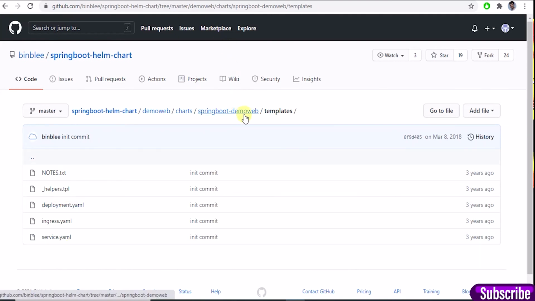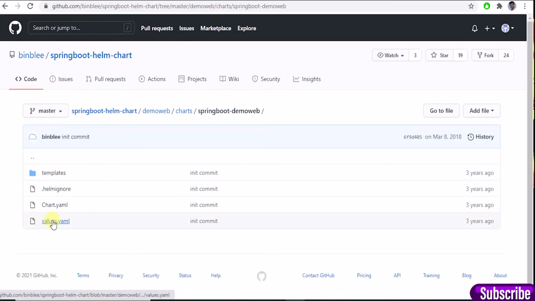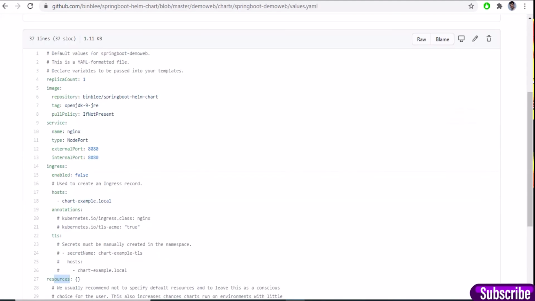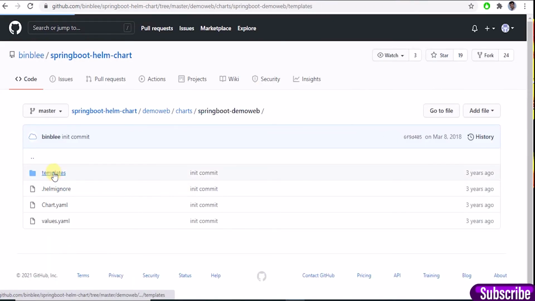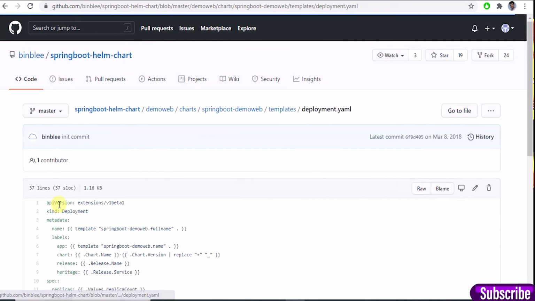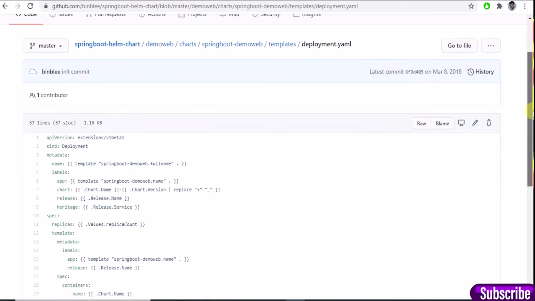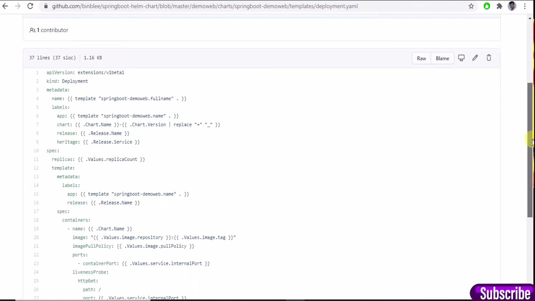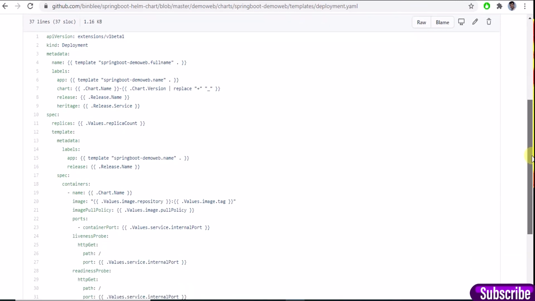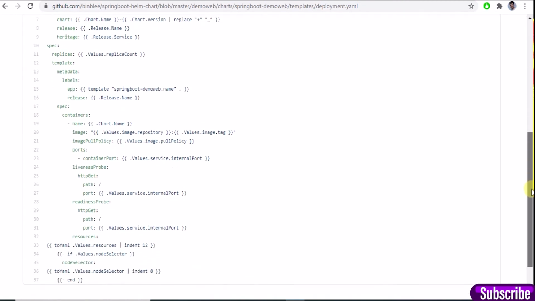Let's try to understand values.yml. Here I have opened values.yml, and let's open another file, deployment.yml. As I said, values can have multiple configurations based on the need of the server, so it can be replaced easily.